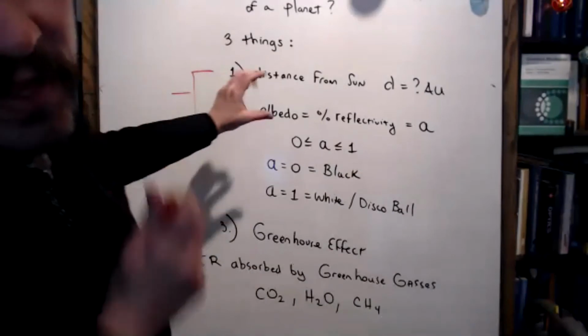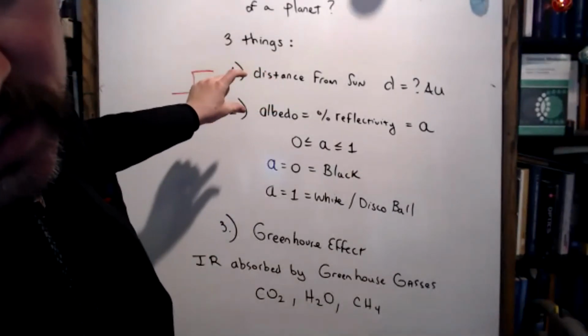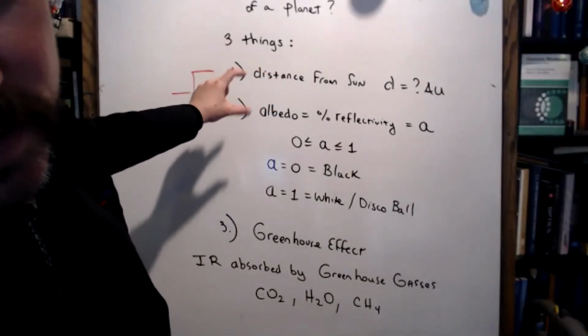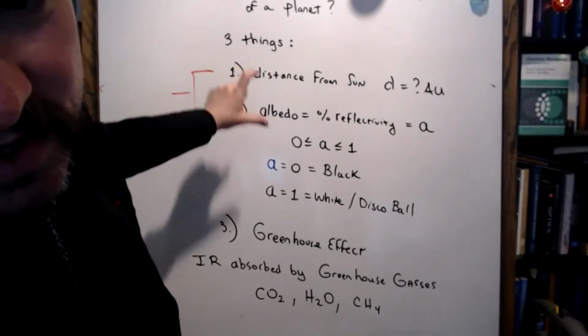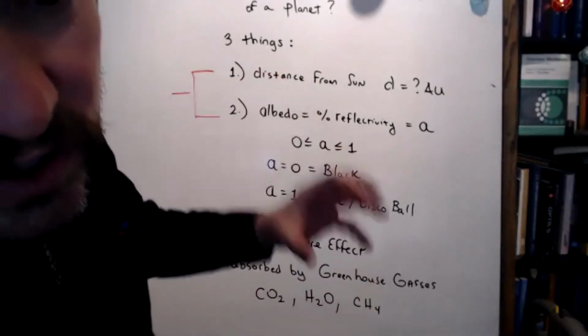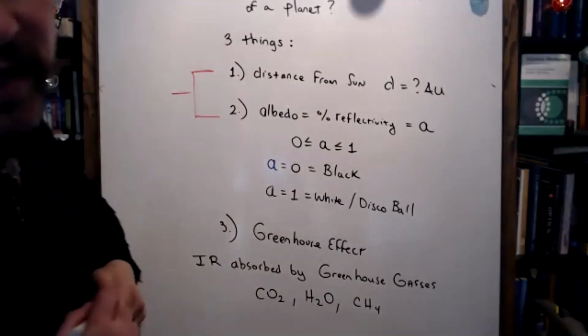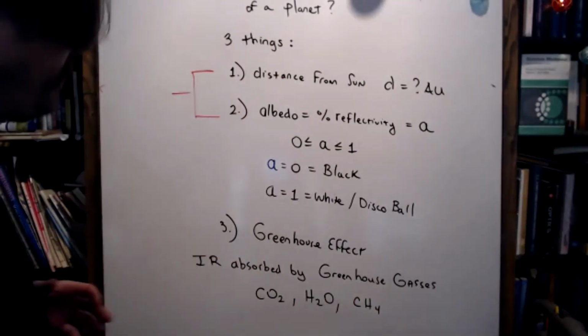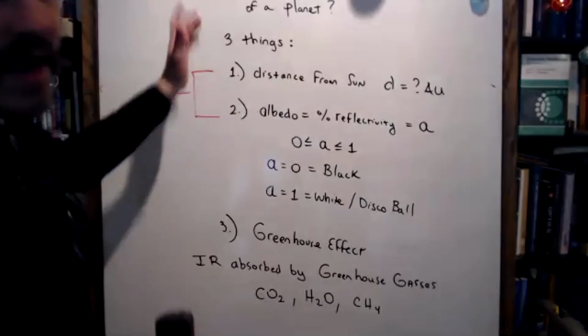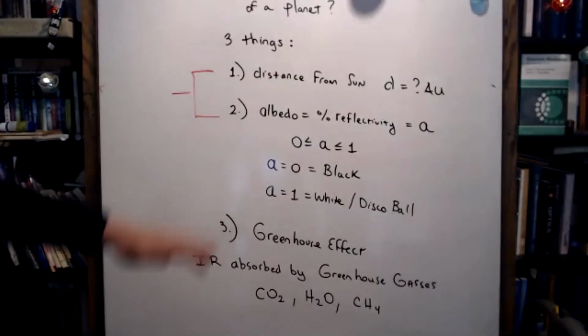There is a formula that will tell us how hot the surface of the moon will be, or the surface of any planet will be, based on distance and albedo. It is called the no greenhouse temperature formula. It's the second big piece of work I have to do with you guys today. May I erase here? Any objections? Okay.